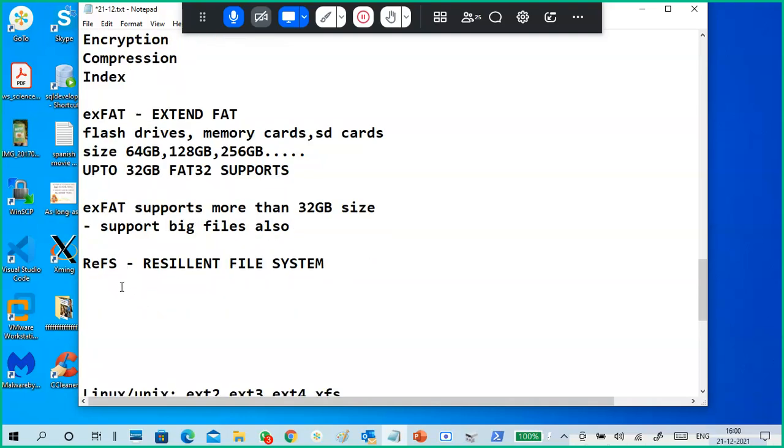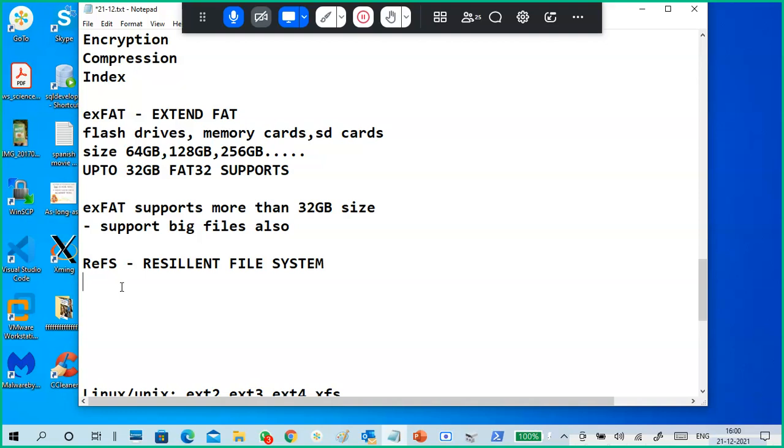If you have already inserted it, it's good. Otherwise, try to insert a 64 GB or more memory card. Definitely it will ask for a format, and it will convert the memory card into exFAT automatically if it is an old style. Some memory cards are already converted into exFAT, so you can directly insert and start using them. Okay, so that's it.